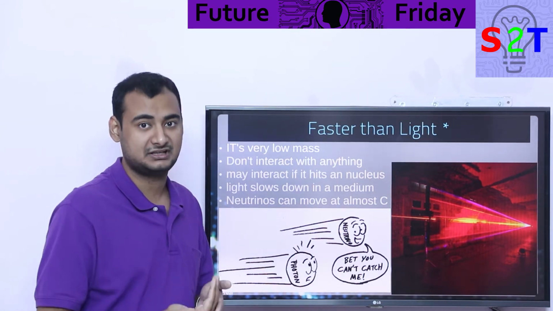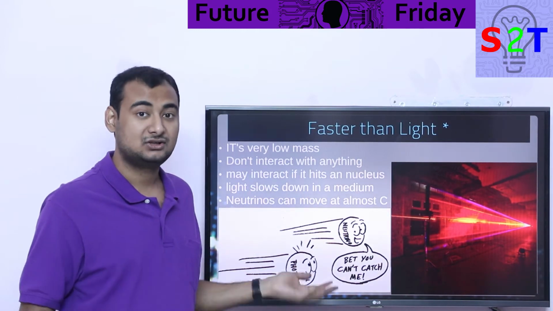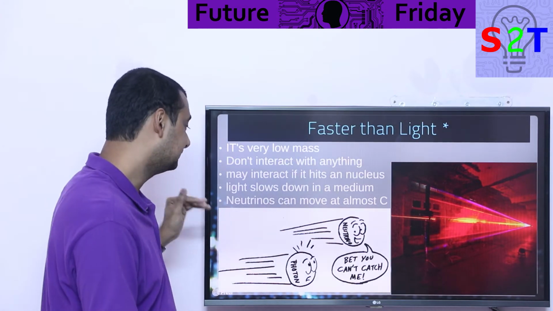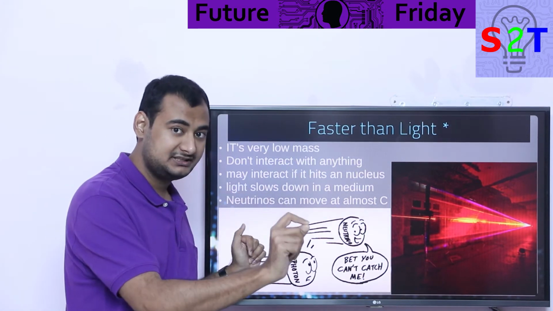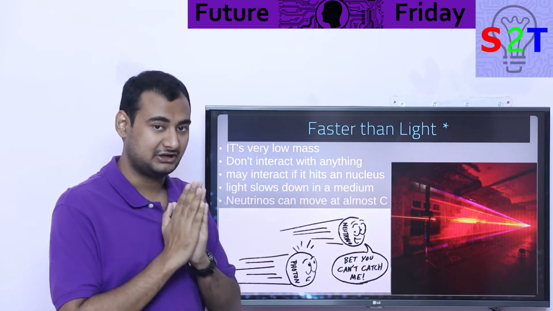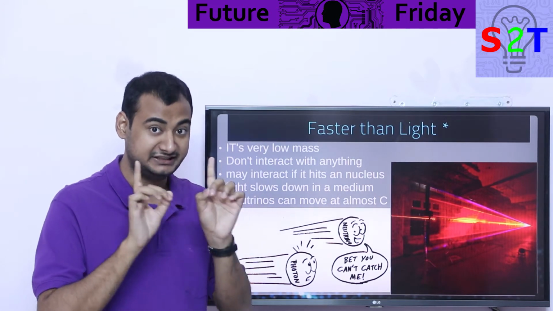Gamma rays dump their energy. X-rays dump their energy when they go through things. This puppy does not dump its energy, so inherently it can maintain its light speed for almost every year. So neutrinos can move almost at c in any matter, any medium. So that's why it can travel faster than light in a medium. Keyword being there, faster than light in a medium.